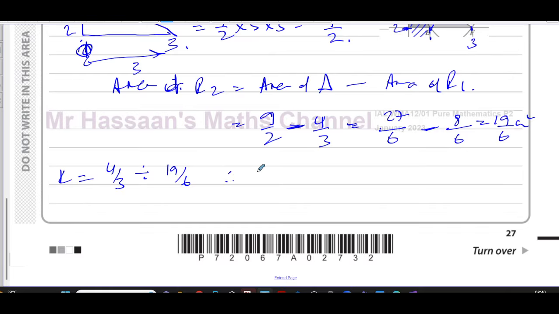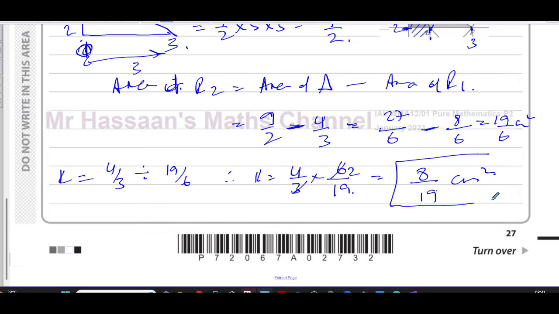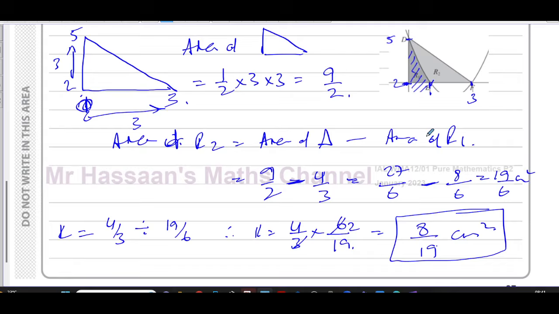So K is equal to 4 over 3 times 6 over 19. Here we can say that 3 goes into 6 2 times. 4 2s are 8, so you have 8 over 19 square centimeters. And that's the answer to this